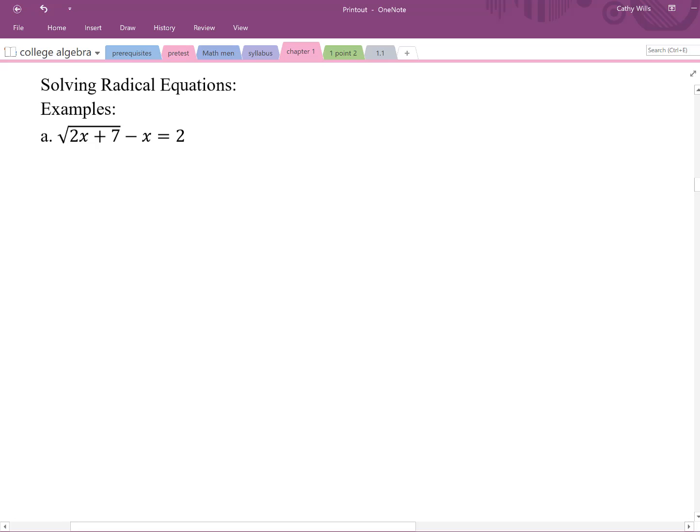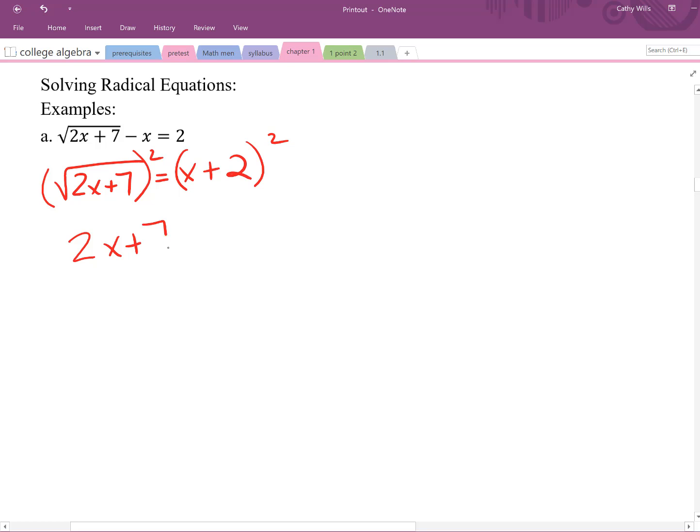All right, so if we were going to solve this equation, the first thing we would do is isolate the radical. Get the radical all by itself, move everything to the other side. So you've got 2 square root of 2x plus 7, add x on both sides, and you would have x plus 2 over here. Now I'm going to square both sides of this equation. Whenever you square a square root, the square root goes away, and you end up with just 2x plus 7